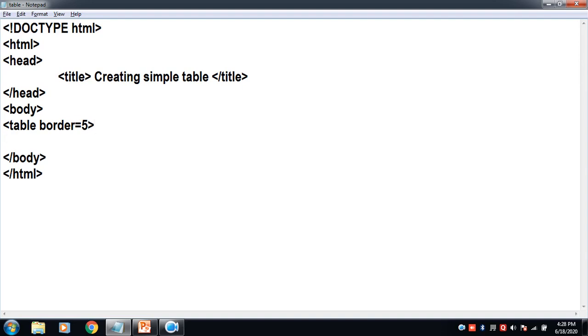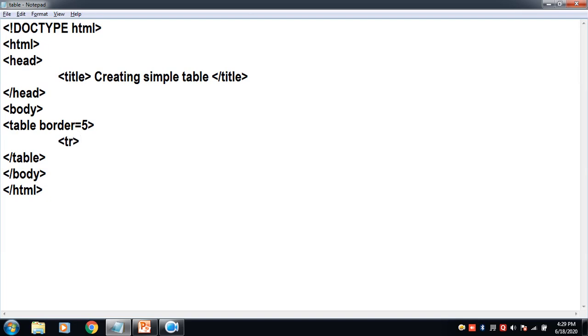Now as table tag is a paired tag, we need to close this. So whatever rows, whatever headers you require within the table structure have to be included within this paired tag.